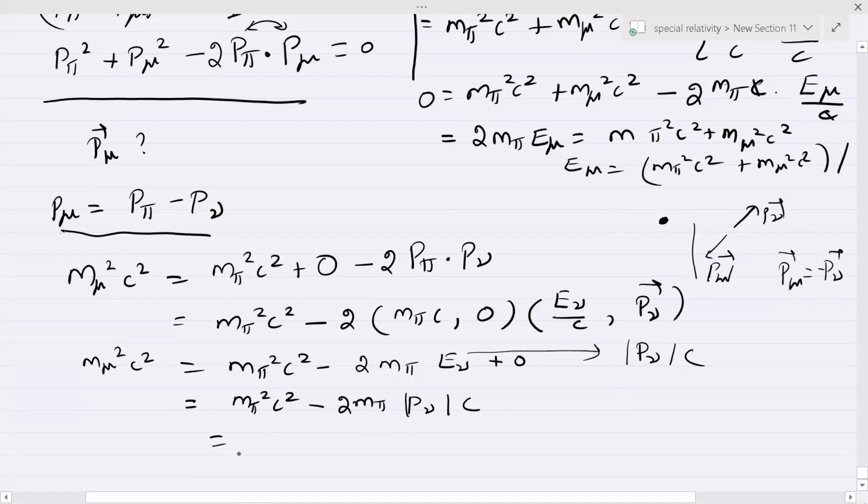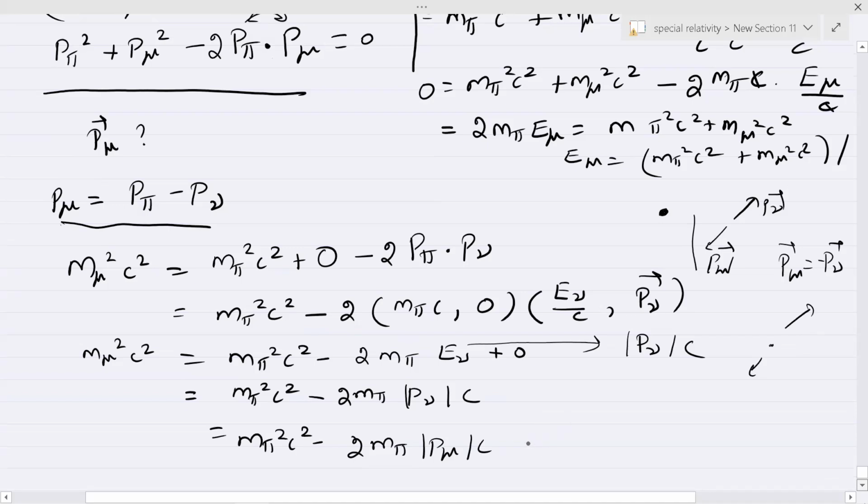Okay, so you can write this as m_π² c² minus 2 m_π p_μ c, right? Because of momentum conservation. Initially the particle was at rest, and then they are going in opposite directions. Now you just solve for p_μ and you get the answer. You get the modulus of p_μ